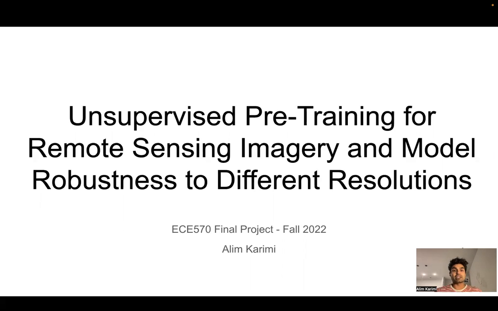Hi, today I'll be talking about my ECE 570 final project, which was based on a 2021 ICCV paper, which built a new unsupervised pre-trained model specifically for the domain of remote sensing. And I extended that paper by testing the model to test its robustness on different resolutions that the paper